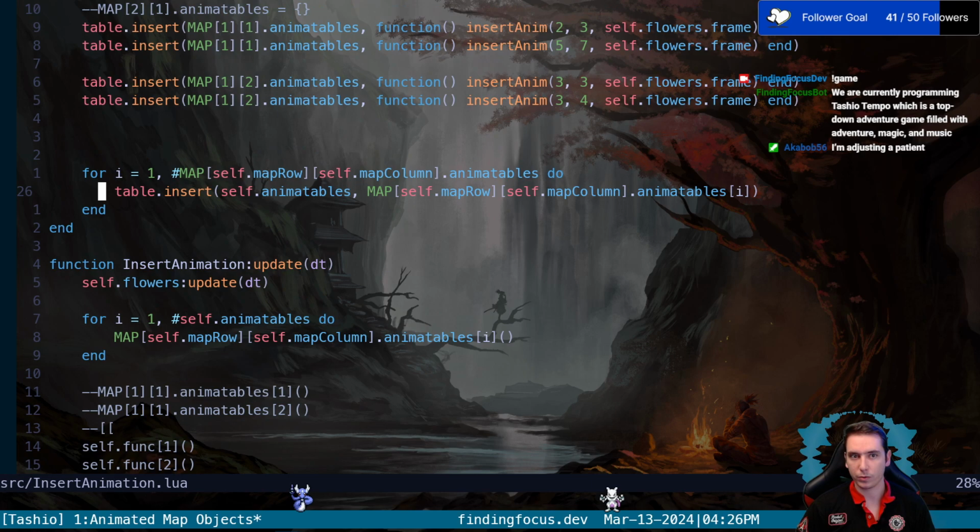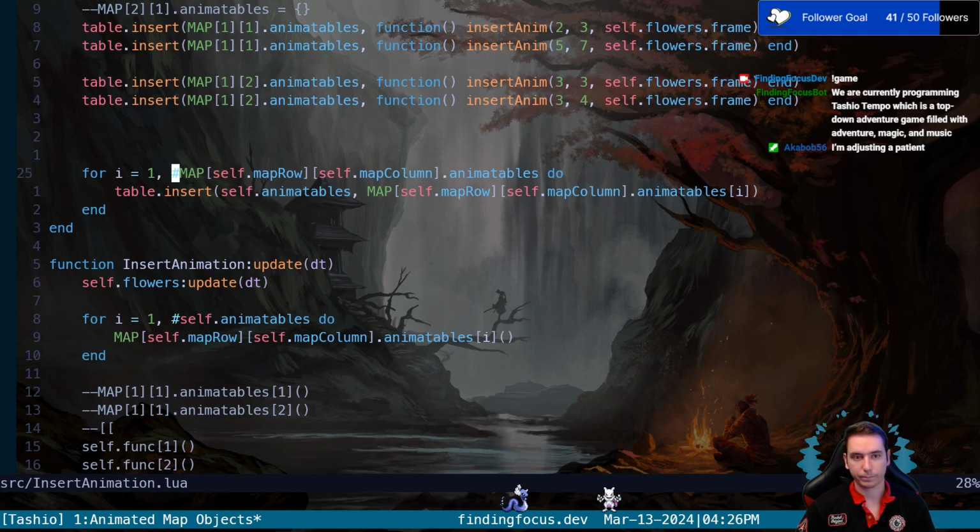We just copy over those animatables so that we can do something a self-animatables amount of times. And I guess we really could do this just at what we're doing here, which is a percent map or a hashtag map. So I think this could